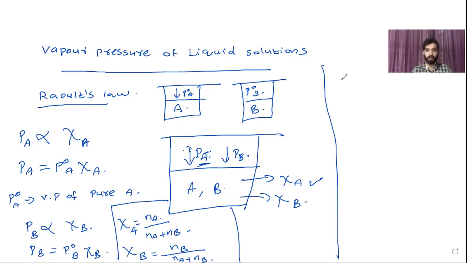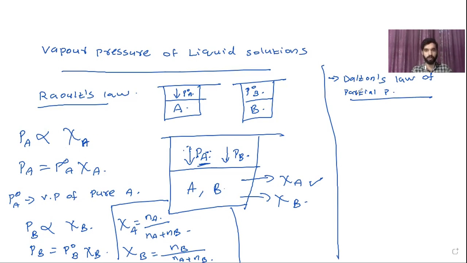And next, related to this, we have to study two more things. One is Dalton's law of partial pressures. That's something you studied in 11th, in the chapter States of Matter. In that, you would have studied Dalton's law of partial pressure. That also is required along with this in order to solve problems.